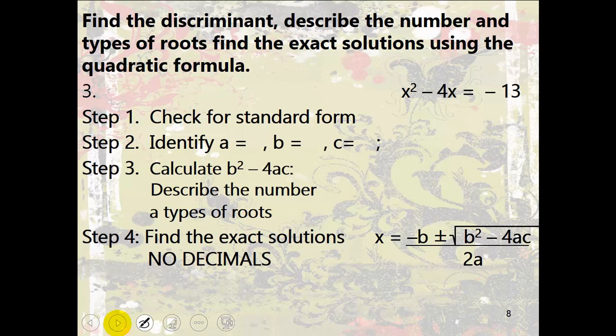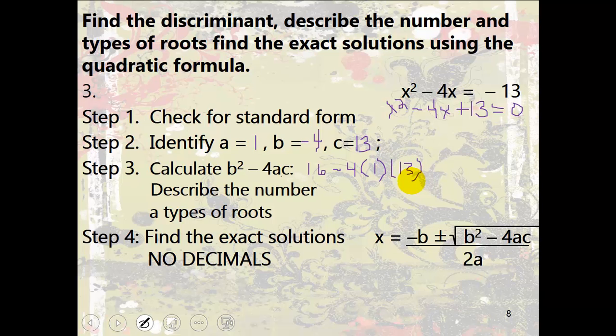This next problem, I am not in standard form, so I have to bring the negative 13 over. So I get x squared minus 4x plus 13 equals 0. My a is 1, my b is negative 4, and my c is 13. I'm going to calculate my discriminant, b squared minus 4ac, and I get 16 minus 4 times 1 times 13,